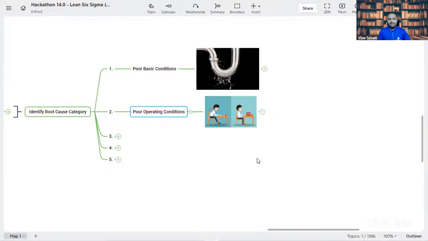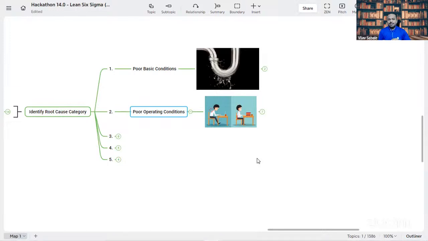In many cases, you can see the settings of the machines have a threshold, like the machine should not work beyond 10 psi, but the machine is running at 12 psi, 15 psi, right? That is automatically going to create a problem because you're not operating under the conditions specified for that particular machine. Same is true for software. Let's say you have excess storage used on your laptop, and if you open some creative work, it is not going to be speedy because there is no space to work.